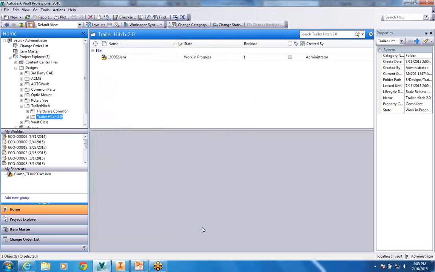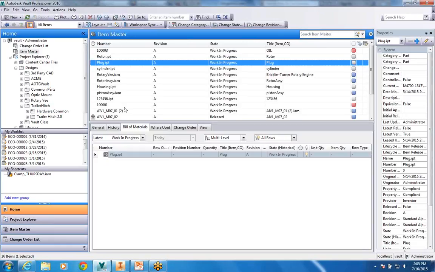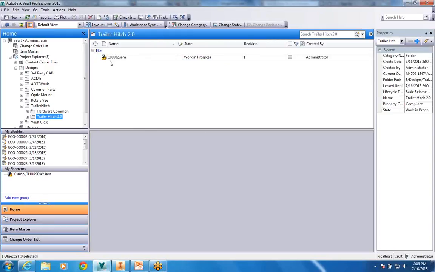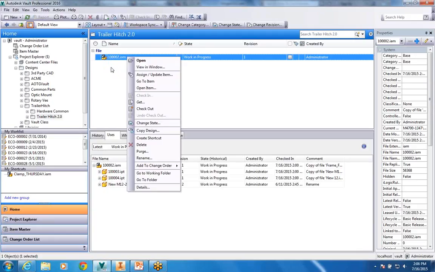Okay, a couple other things related to the items and integrating with files. I did mention it before. Let's jump over here to the item master, and I'm just going to pick this plug. And when you're generating items, and before I do that, if you haven't used items, this is that new file we just created. It's fairly easy to do. So if I want to manage, or you create this as a bill of materials and export it out to an ERP system, or just to manipulate in Excel, the way to do that is up here to